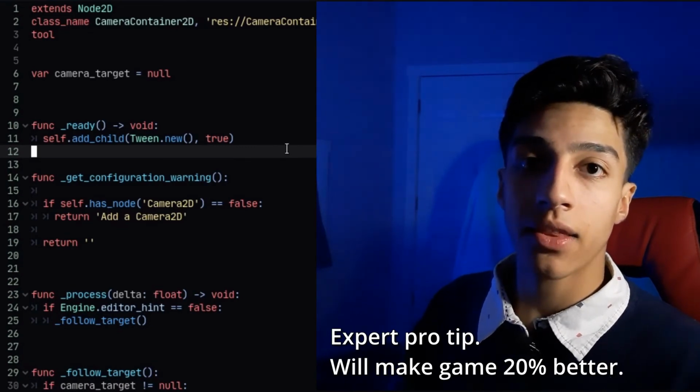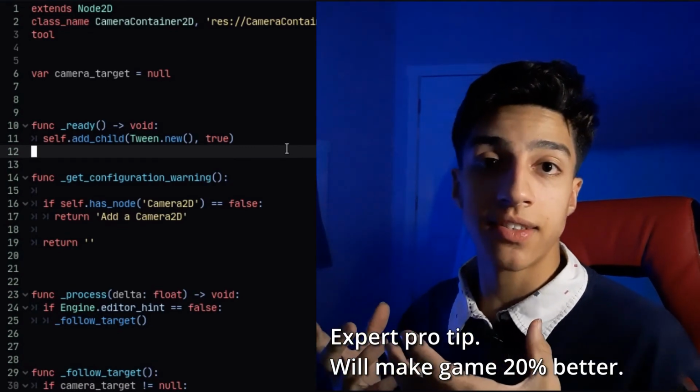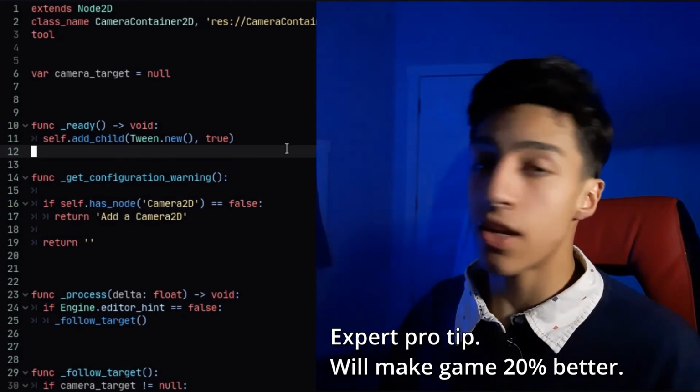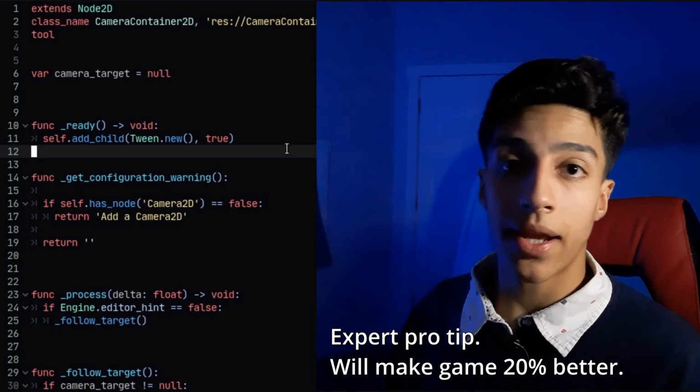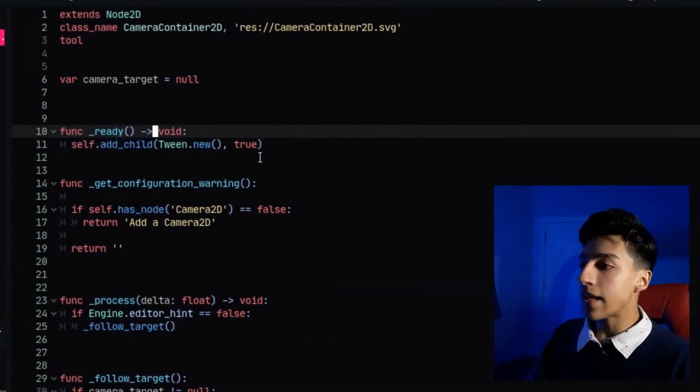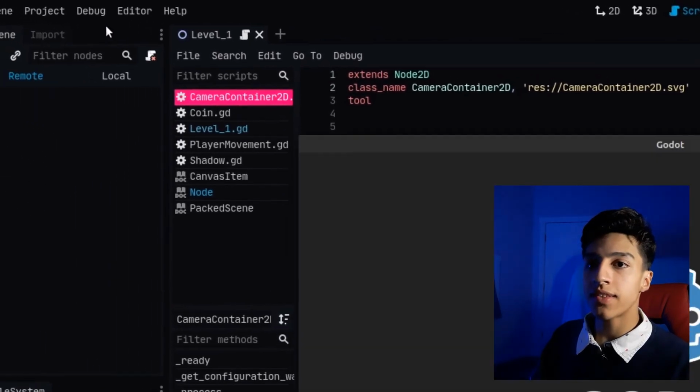Instead of having this be a scene and then adding it to the scene whenever you need it, it can be a class and it adds the nodes it needs at runtime, and I think that's really cool, and it saves space and organization. So just add that to the top of the script,